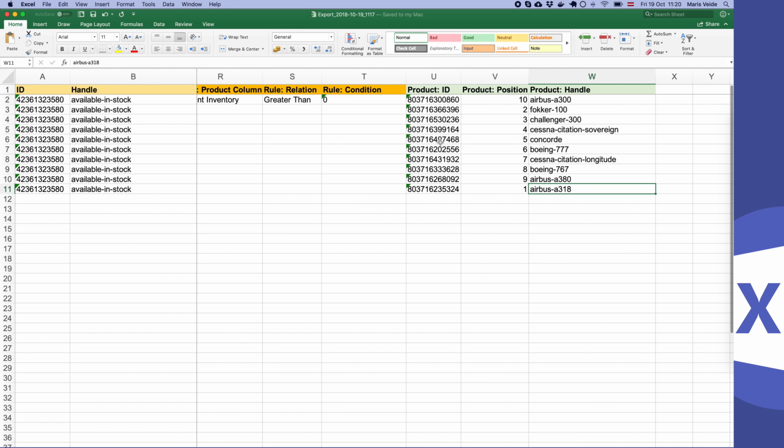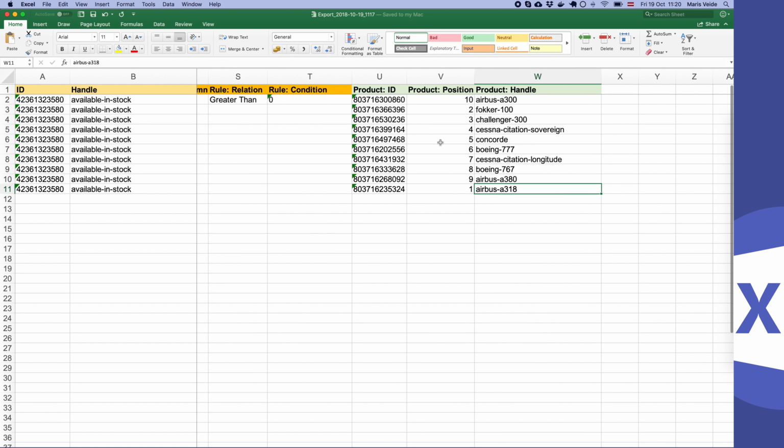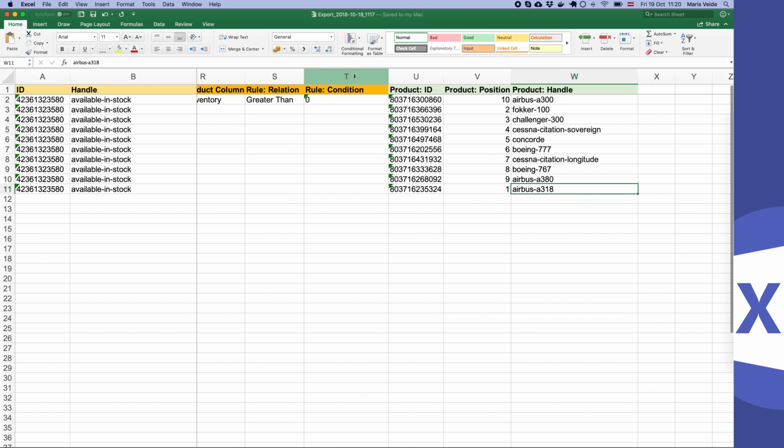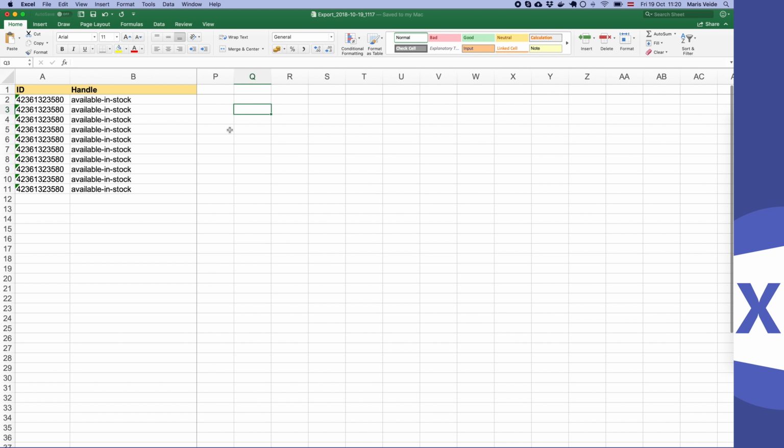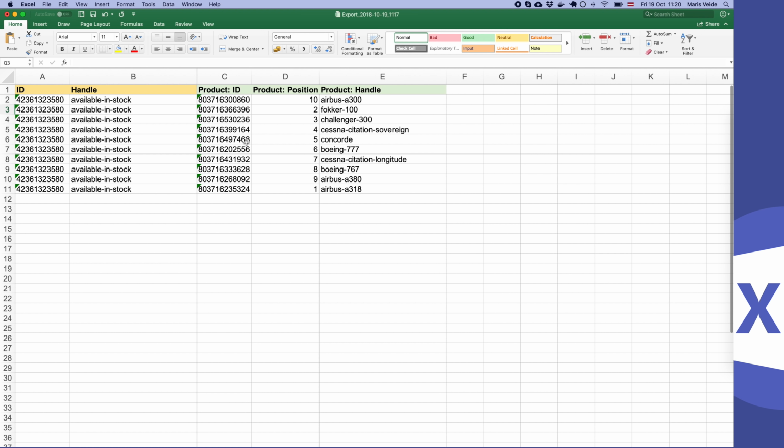And yeah, as always with all the Excelify imports, you actually don't need any other columns. You can just delete those columns and basically update only what you need to update. So in this case, for example, we will again update